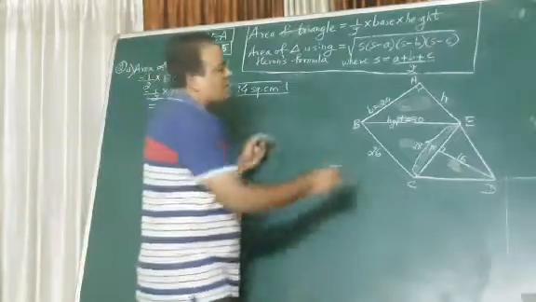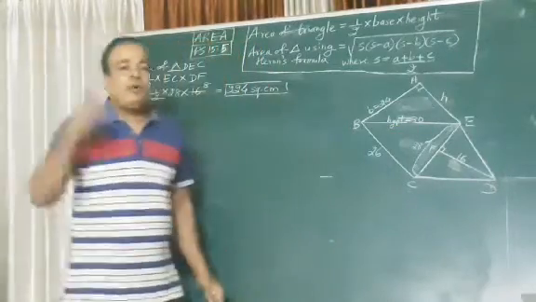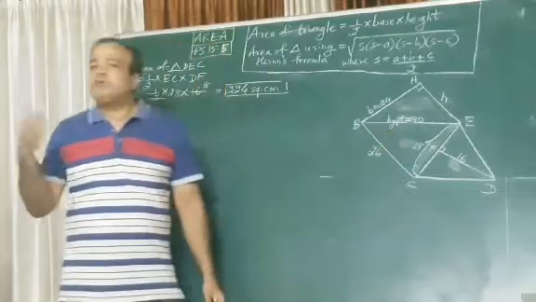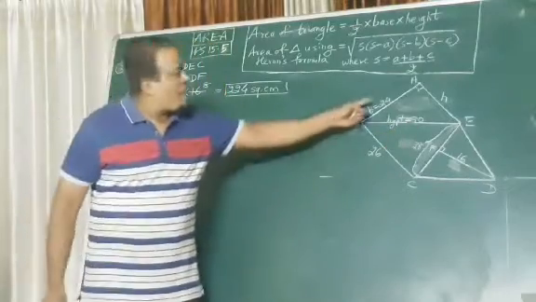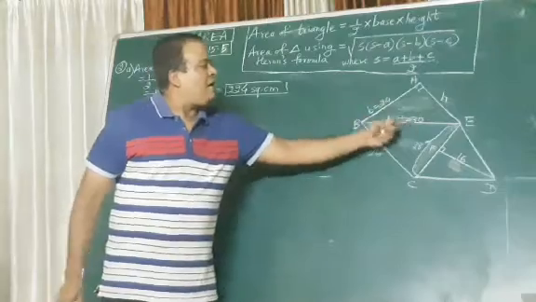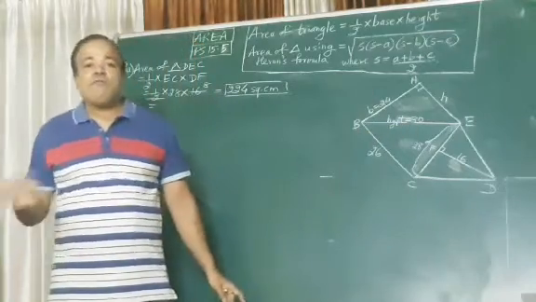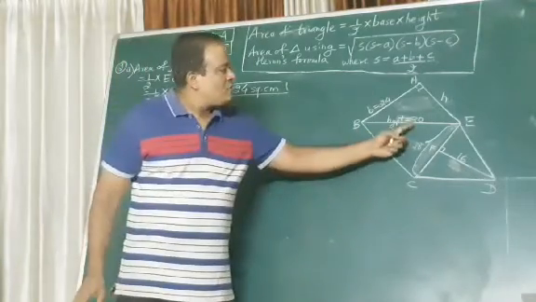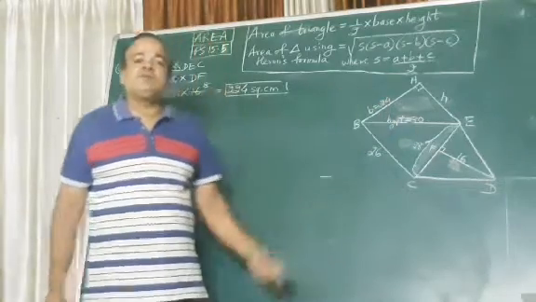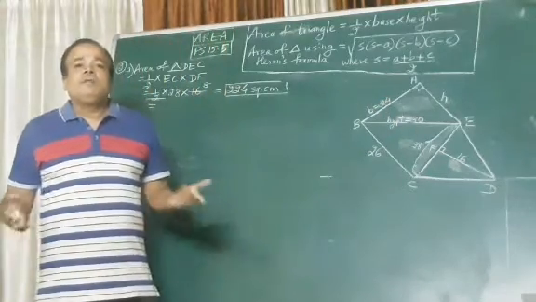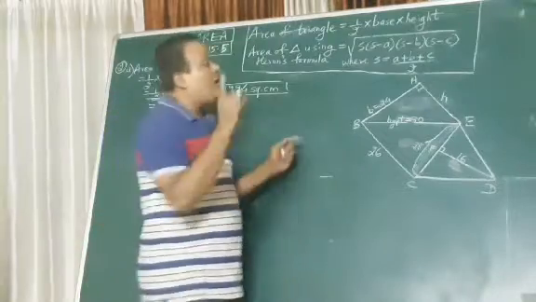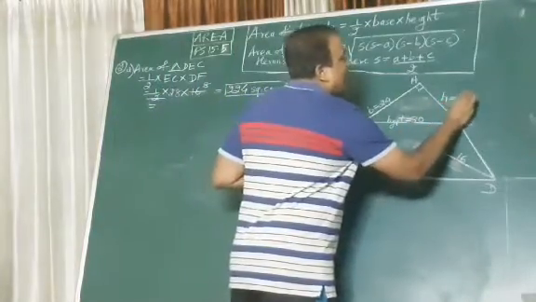So let's subtract the squares. What is 30 squared? In your mind you do it. 30 squared is 900. 3 squared is 9 and then the zeros, 900. What is 24 squared? 576. So what is 900 minus 576? I have to subtract the squares and take the square root, no? So 30 squared is 900, 24 squared is 576, 900 minus 576 is 324. And then we take the square root. What is the square root of 324? 18. So my height will be 18.